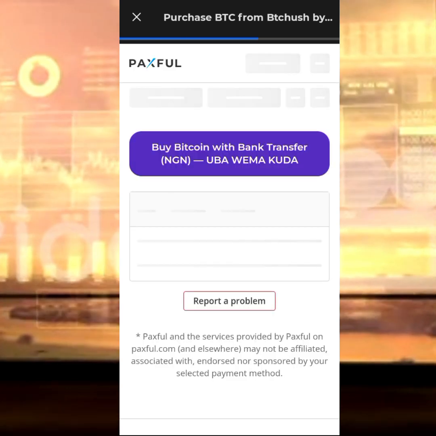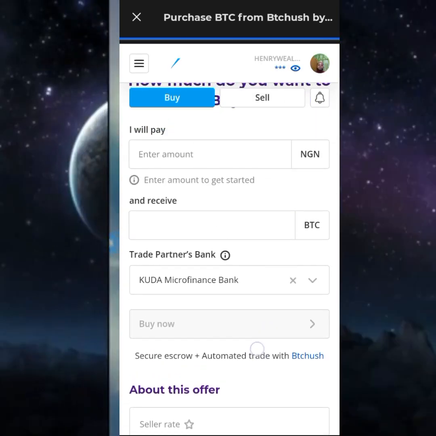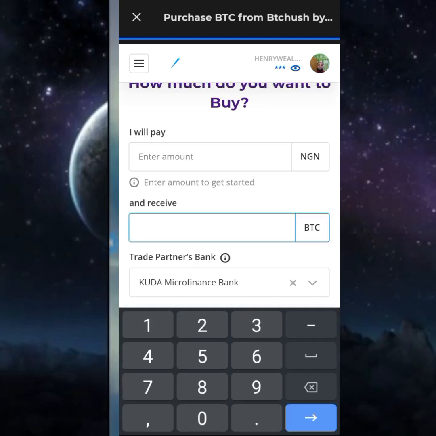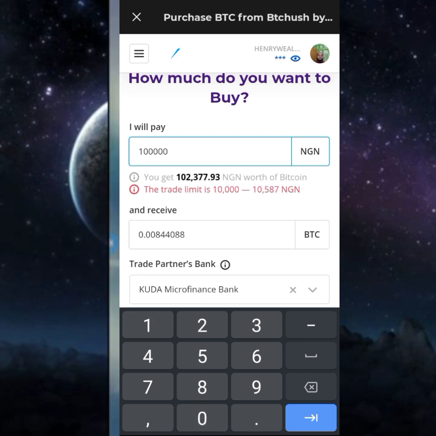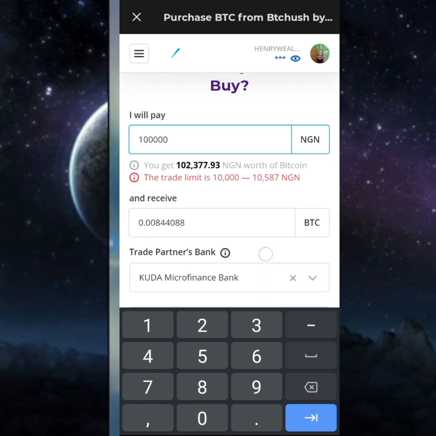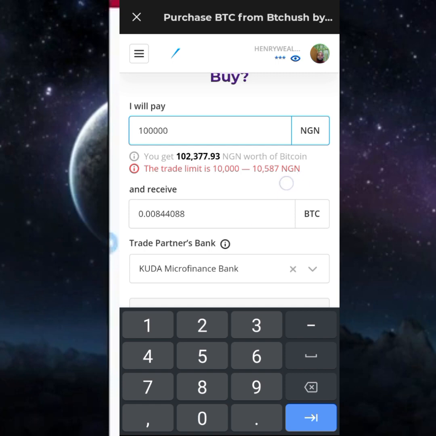Now when you come this side, the next thing you need to do is come here and put, that's it, buy. Then you put like 100k. This guy's limit is not up to 100,000 naira. I didn't check that, but let me just say I want to buy 100,000 naira.